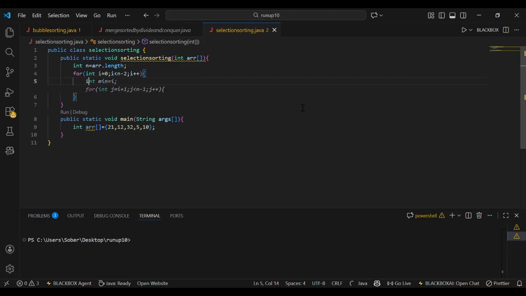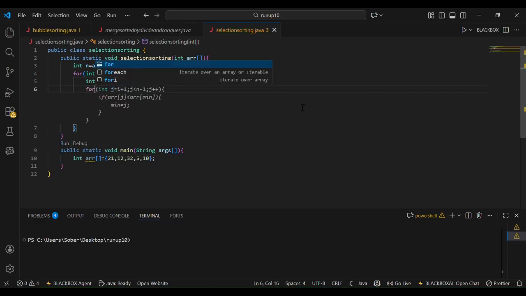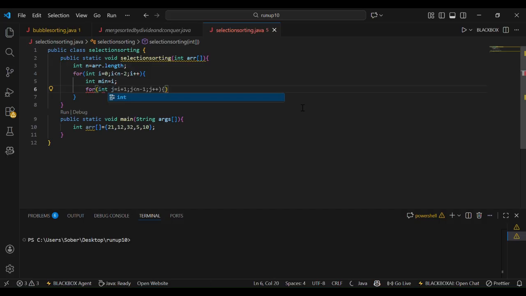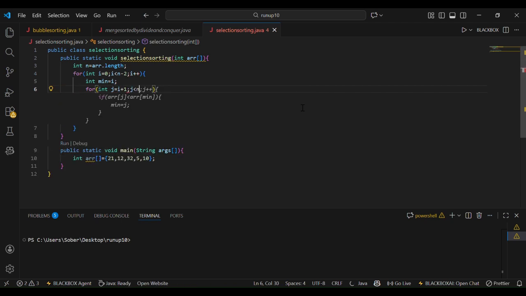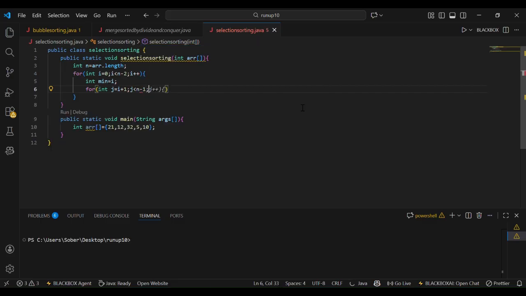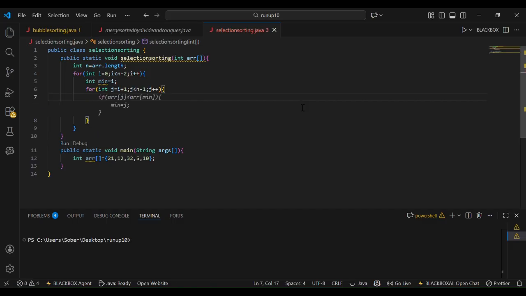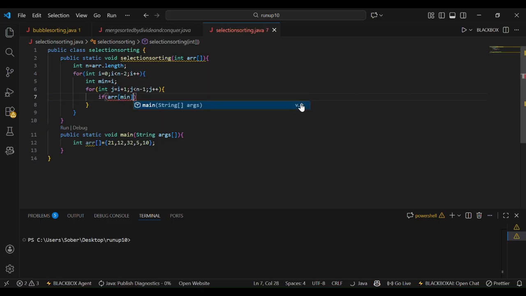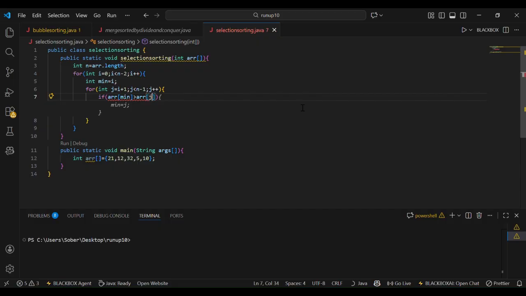Then we take minimum equals i, and follow with j equals i plus 1, j less than n minus 1, j plus plus. Then after that we compare the minimum and j, where the minimum is greater than j. So we take minimum equals j,